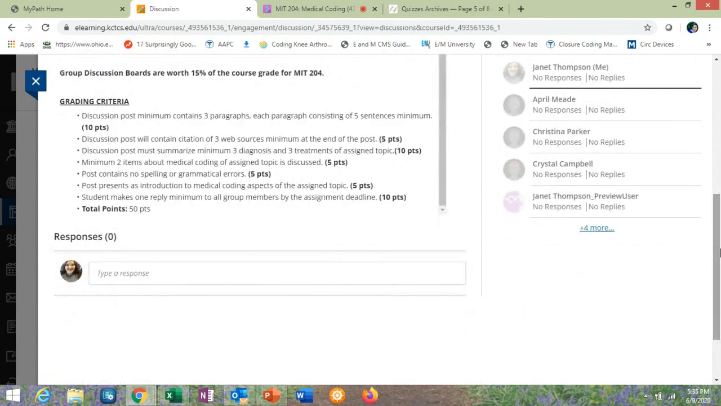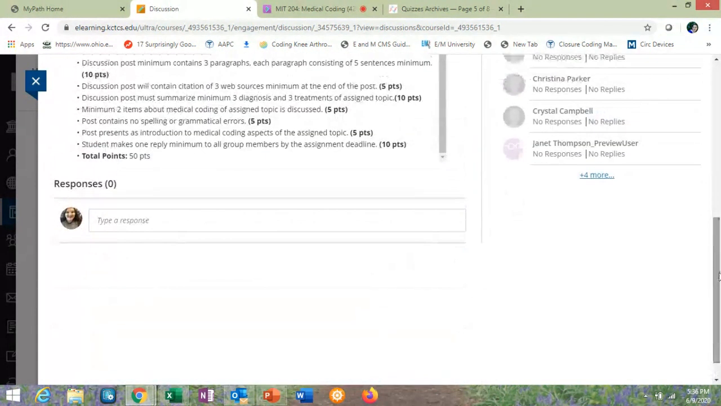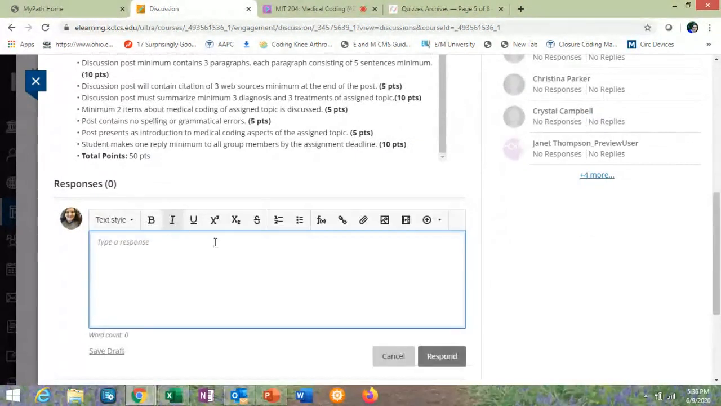And once you get your post complete, I would recommend doing it in a Word document first, and then just copying and pasting it into the discussion assignment. So once you get your post created, you're going to pop down here where it says type a response, and you get your text box ready to put your post in. You can edit and add whatever you may like from the menu icons, but it's not necessary. All I'm looking for is text. And once you get your response ready, you'll click on that respond button,